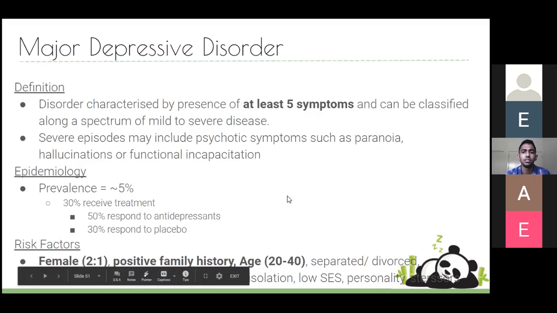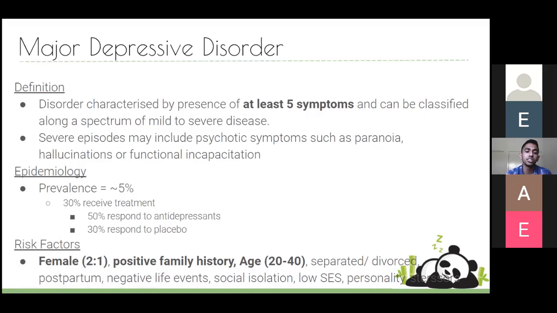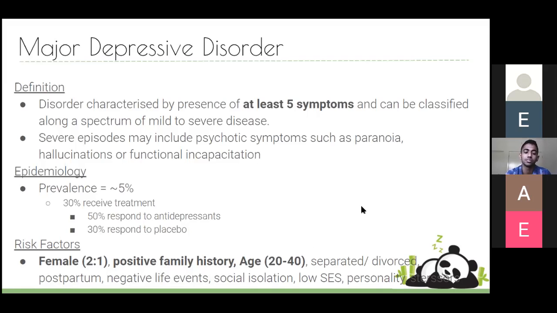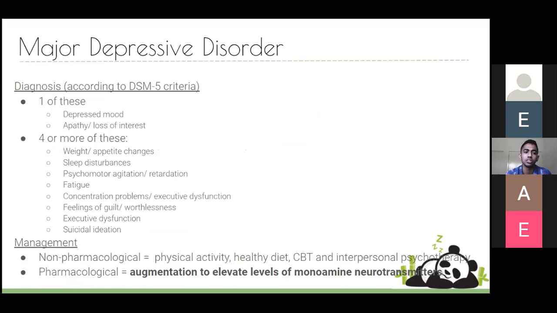All right, depression. So depression, I'm sure we're all familiar with it, but you've got this cluster of symptoms, and you can classify it on a certain spectrum, very prevalent. More common in females, people with a family history, and young people, as well as all the things that make us have bad mental health, like divorce, pregnancy, social isolation, all that kind of stuff. Kind of common sense stuff, so we won't focus on it.